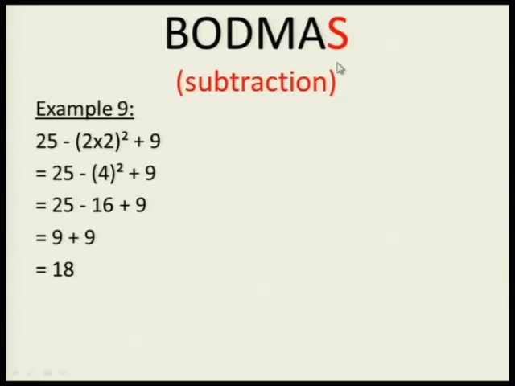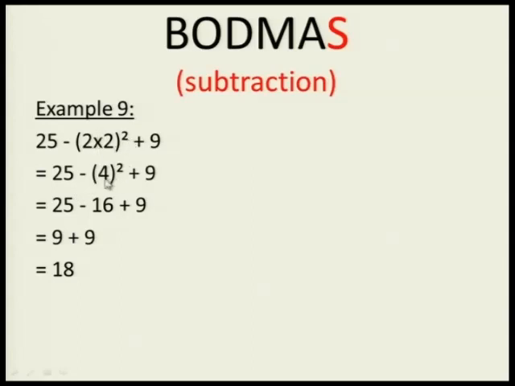Lastly, at the end, you have to do subtraction. So subtraction is one of the last operations we usually do. And here we've got 25 minus, and then in brackets again, 2 times 2 to the power 2, or squared, plus 9. 25 minus, what we're going to do, we're first going to do inside the bracket, then we're going